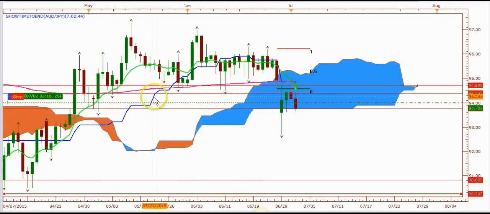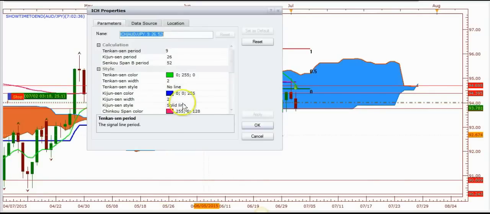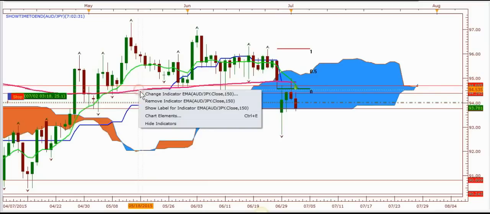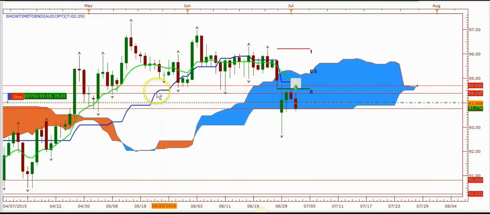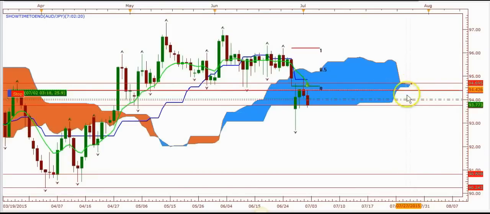This is a little sloppy with Ichimoku on here. It looks like it's hard to see for you guys. I usually don't have everything on here, so usually I would take some things off of here. Actually, I have things on here, this 150 EMA, we would remove that. And then I have my Tenkan-sen on here. I don't usually have that on there either. But you see we have a TK crossover, and our future is now